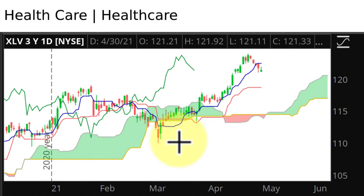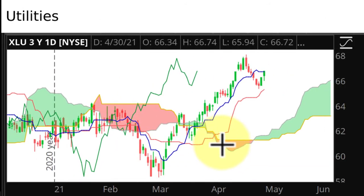Healthcare was inside the cloud during March, and then in April got up above it, has been riding the blue line up, and has just recently, at the end of April, had a bit of a pullback inside the channel. Utilities look similar, had the same pullback inside the channel, came all the way down to the bottom red line, and then bounced off of it and is now back up to the top of the channel line,